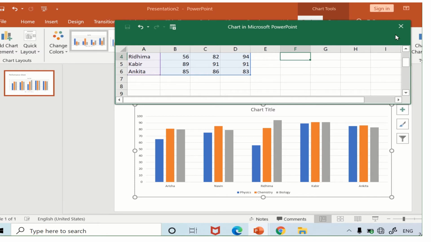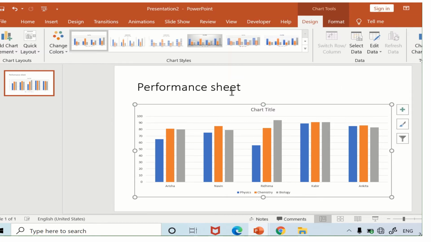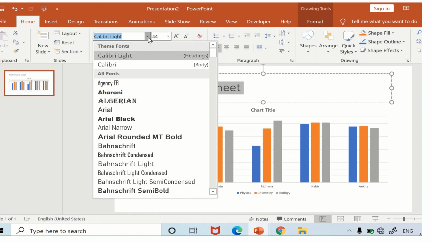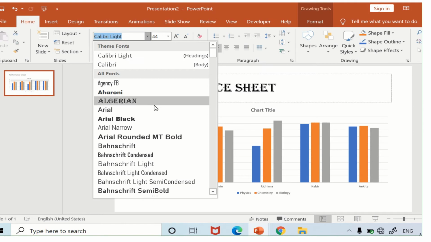Okay, now in the practical it is said that we have to notice the change and then select the heading, change the font size to 14 and font as Tahoma. So we will just select this heading as it is set and we will just change the font to Tahoma.